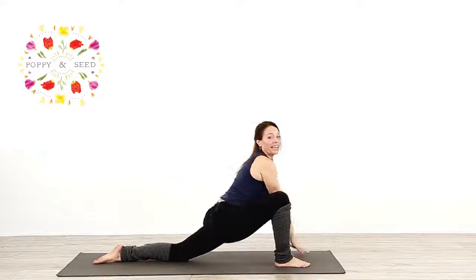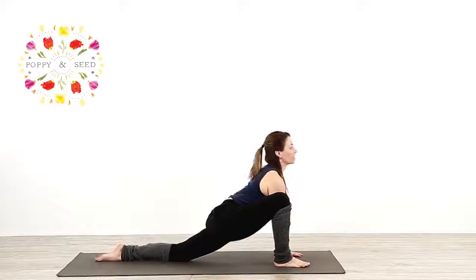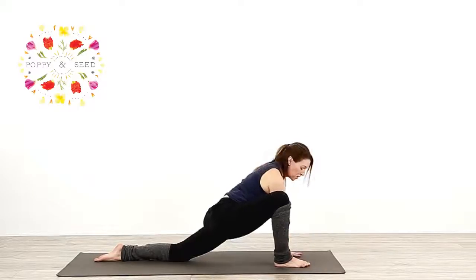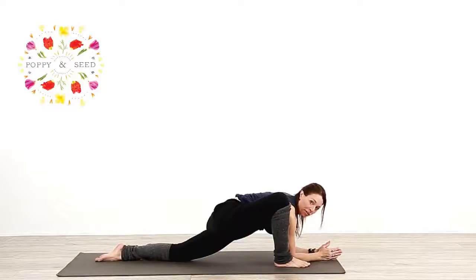Then we'll bring the hands on the inside of the right foot. So next to the big toe of the right foot, pull the chest forward on your inhale. You might already feel a really good stretch here. You could also place your hands on a block or a book if you have one. Or if you'd like to go in deeper, you can take your forearms down to that block or a book